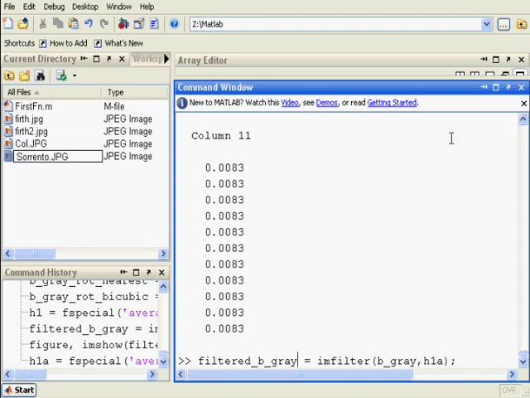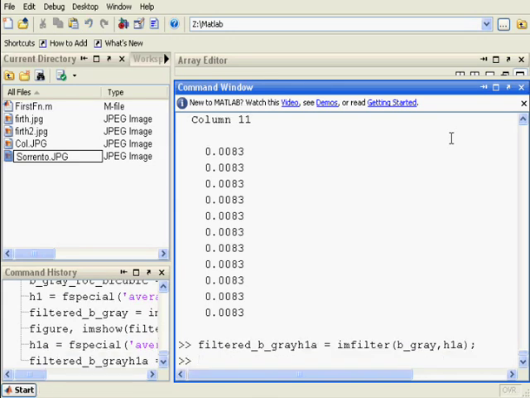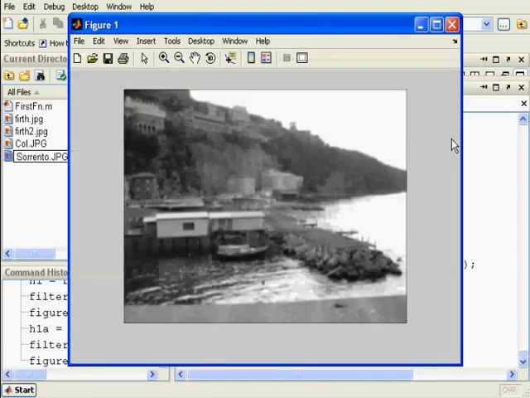And we're going to say H1A, and we're going to call this, the names are getting quite long now, H1A. And now let's show it. And when we use a very big filter, we should get quite a noticeable blurring. And on my screen it's quite pronounced. Hopefully on YouTube it is